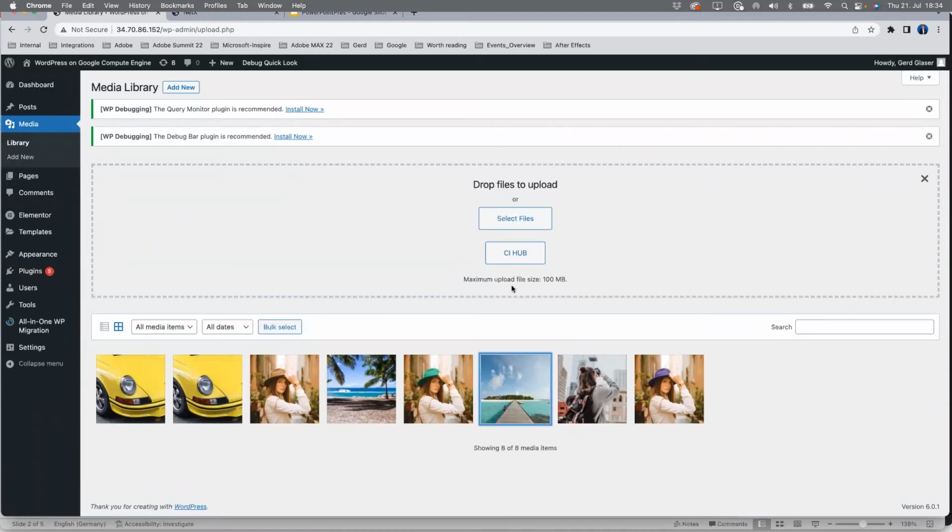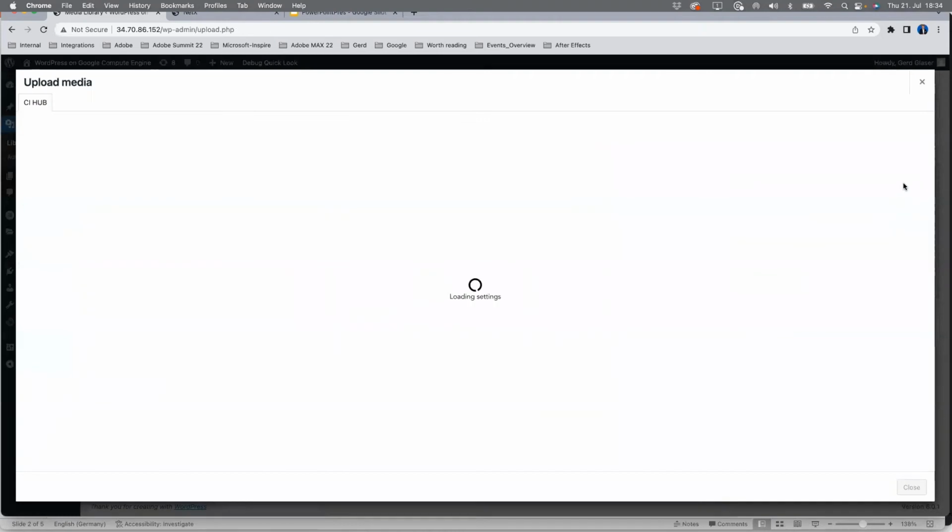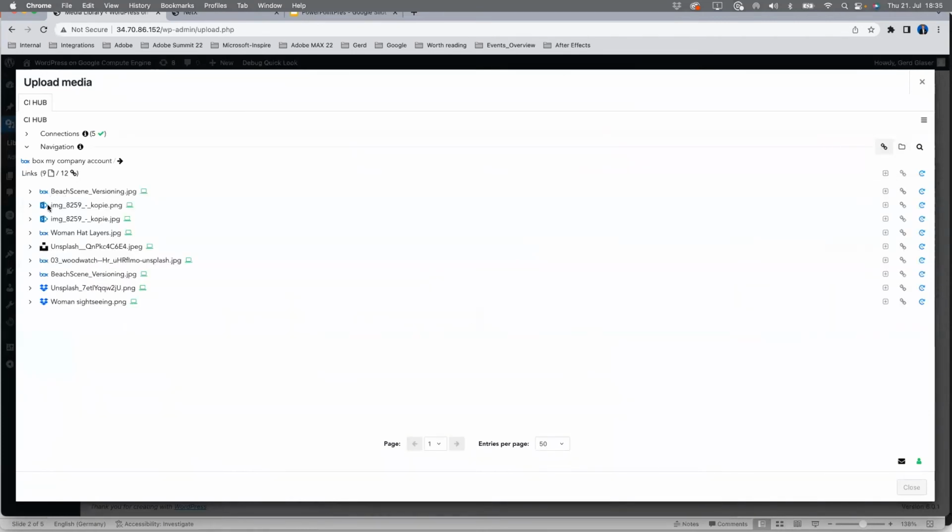So if I call the CI HUB connector and I switch over to this link panel over here, I can also do a complete inventory of all the assets that have been used in my media library. You see some of them are coming from Box, some from SharePoint. One is from Unsplash. This is from Box again, and these two are from Dropbox. So if you're using assets from NetX, it's the same way. You can do a check, and if there is a newer version available or anything happens to the asset, you will get a warning,